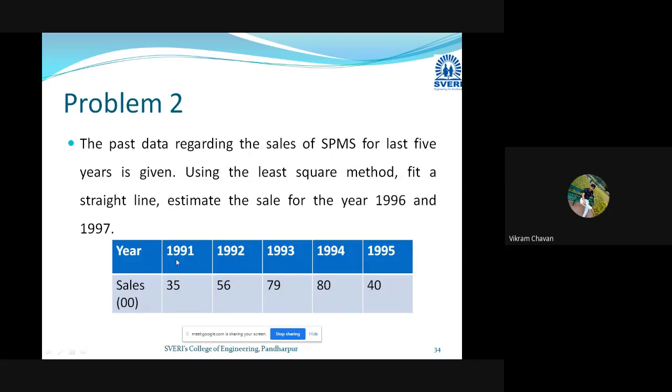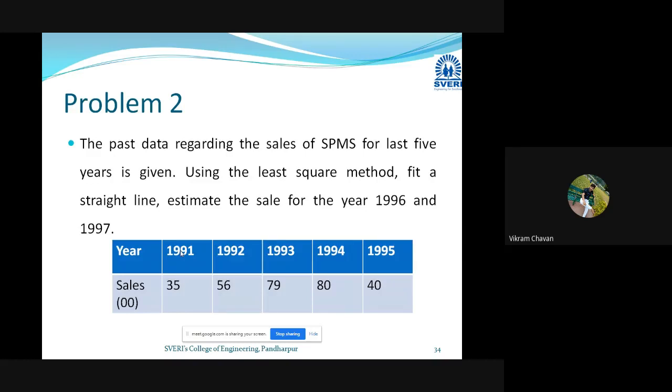Okay, and at the bottom of that particular column of deviation, you have to write the summation of deviation, that is nothing but summation of x. So summation of x will become 0. Okay, so in the next column, what you have to write? You have to write summation of x square.